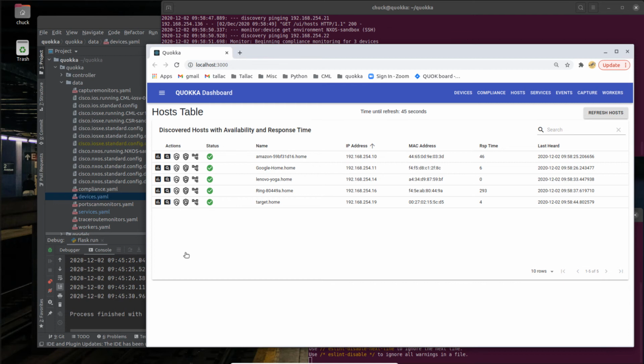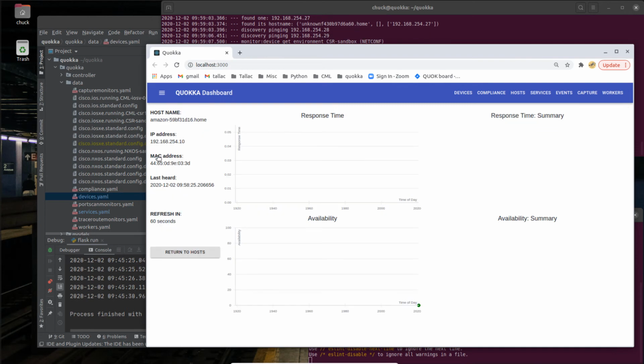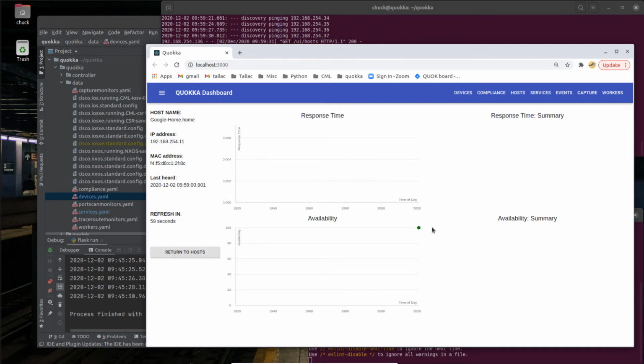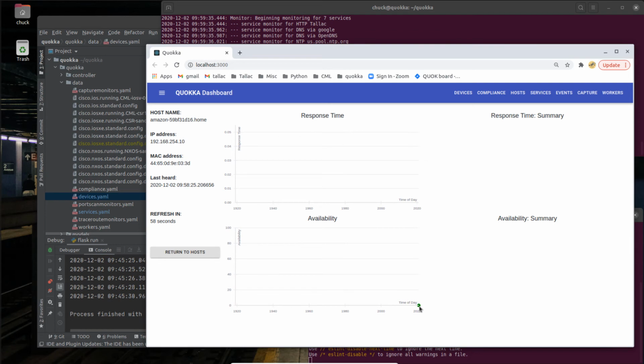You can see that we are beginning to get more of these devices populating our database and getting refreshed in the GUI. Now we're up to something like 8 different devices. If I look at the data, you can see that there really isn't any. There's 1 point of availability. If I go back and I look at the one that actually failed, you can see availability for that one